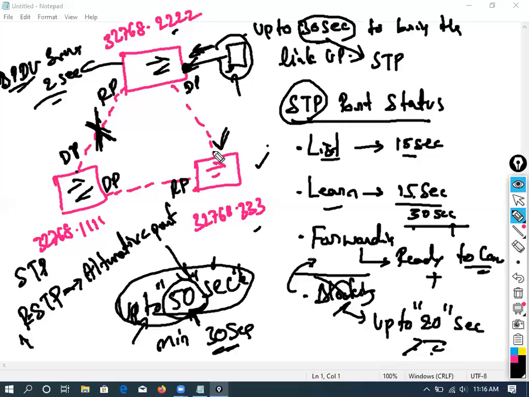It's the same. There is no difference apart from this alternate port, but this is faster. That's why it's rapid. The remaining concepts are the same. So actually, they expect you to explain RSTP including STP. Now, you don't have a listening port in RSTP. No blocking, no listening. Only learning. That's the difference. Any questions, any doubt here?